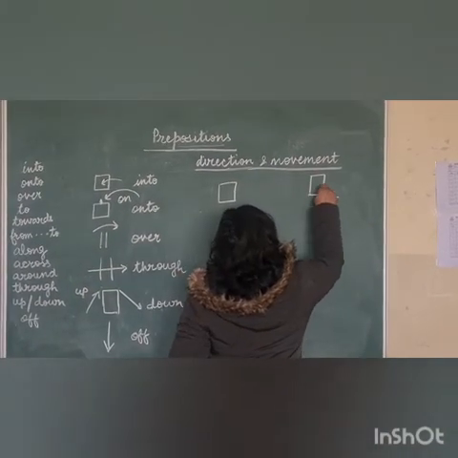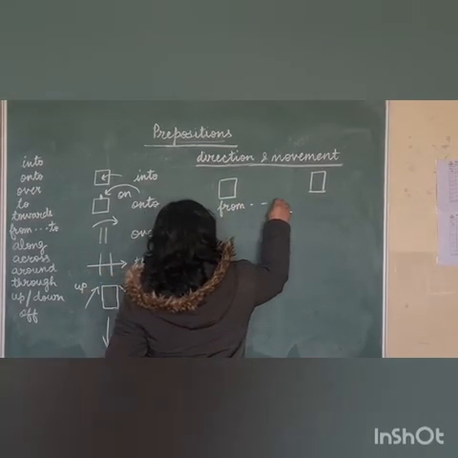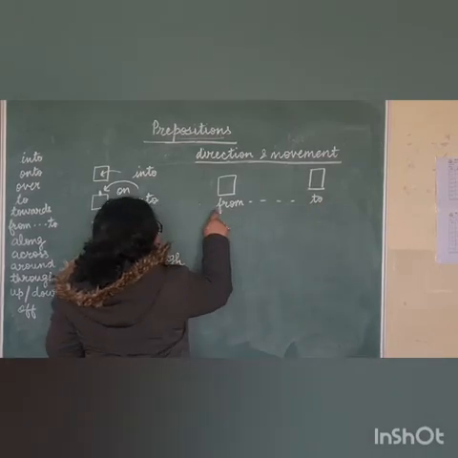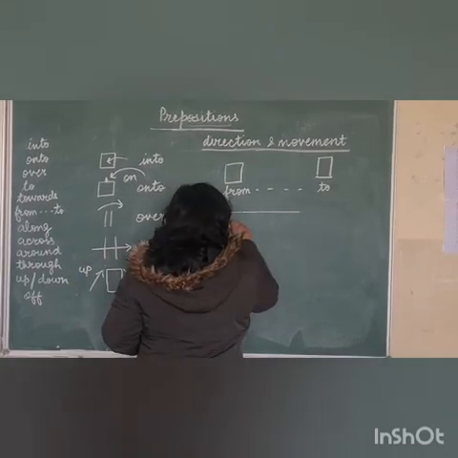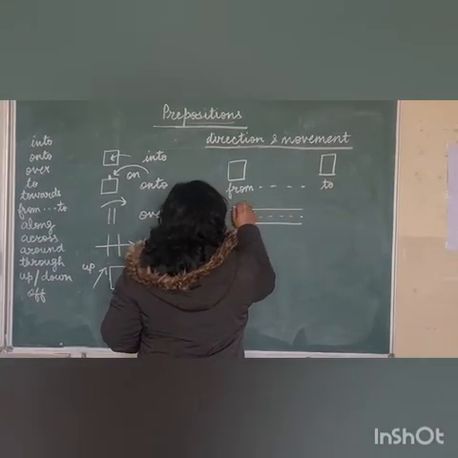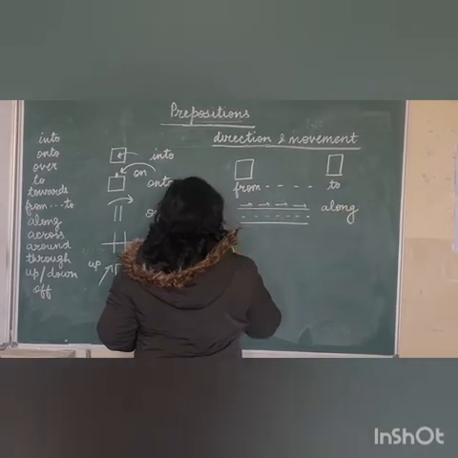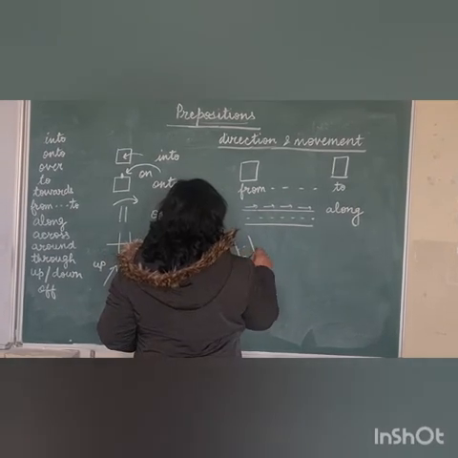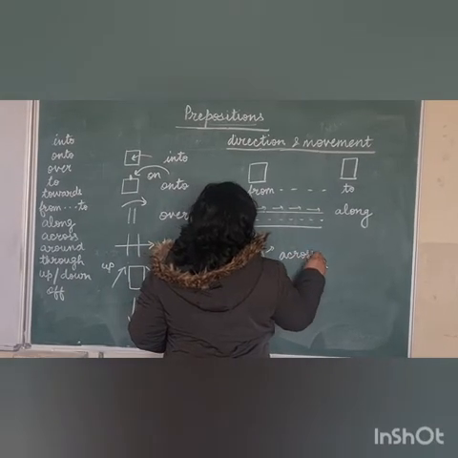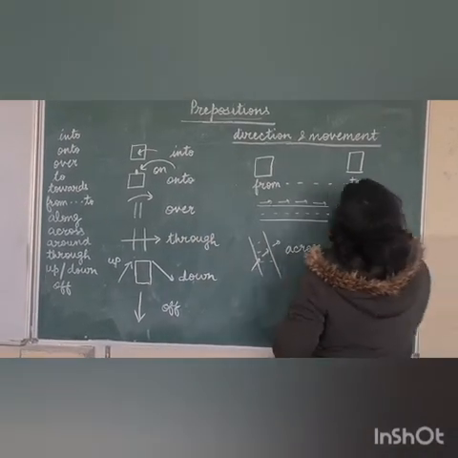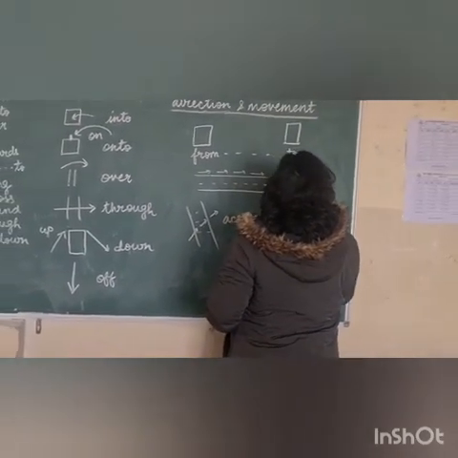If we are going from one place to another, then we use the words from to. I traveled from Meerut to Delhi. If there is a road and one is moving, we say along the road. But if there is a road or river and we are crossing it, we say he swam across the river. To go round, it is round or around.